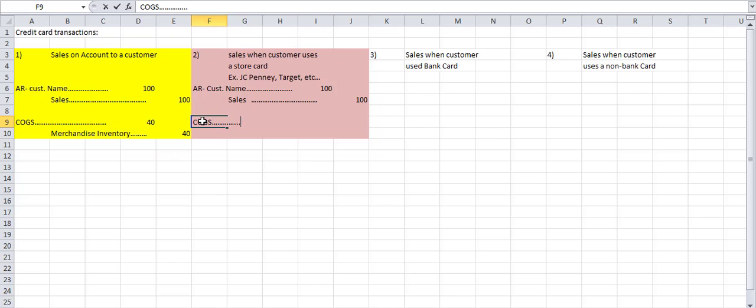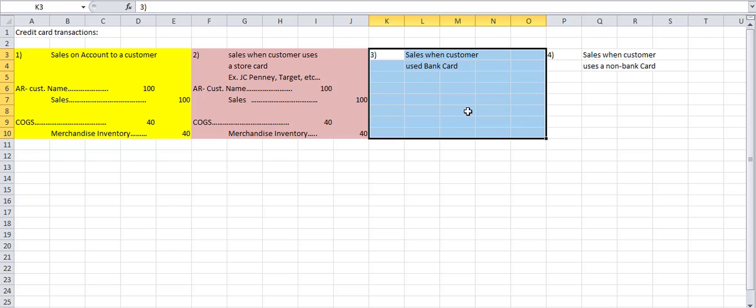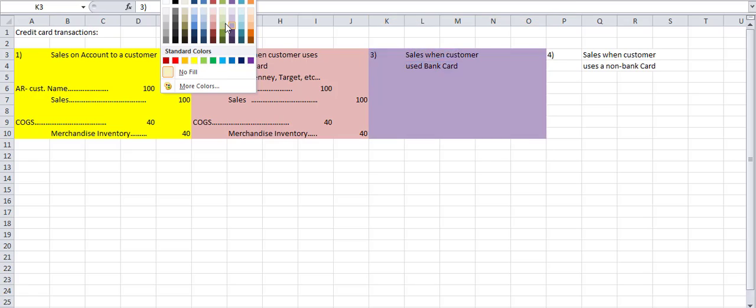So you've known number one for the longest time. You instantly know how to do sales when a customer uses their credit card, and the credit card is a store card. So you already know how to do this. So isn't that great? So far, no change in the way things are being recorded. But now, let's take a look at what happens when